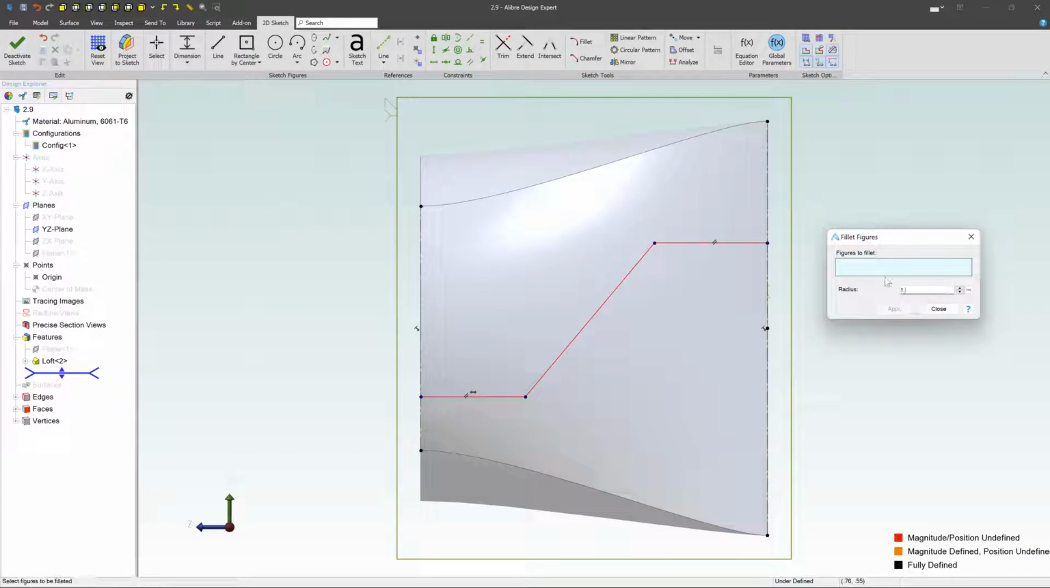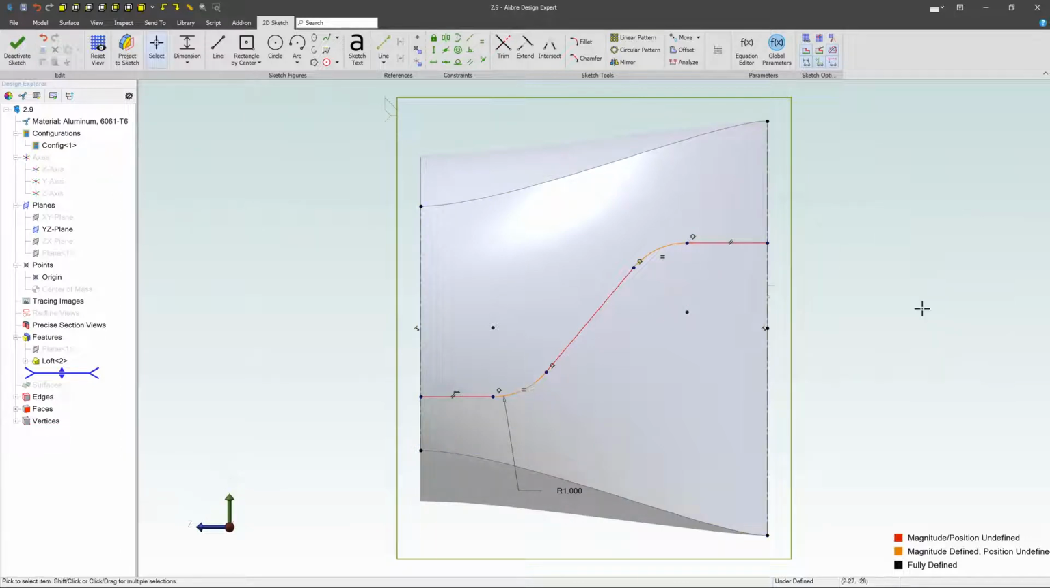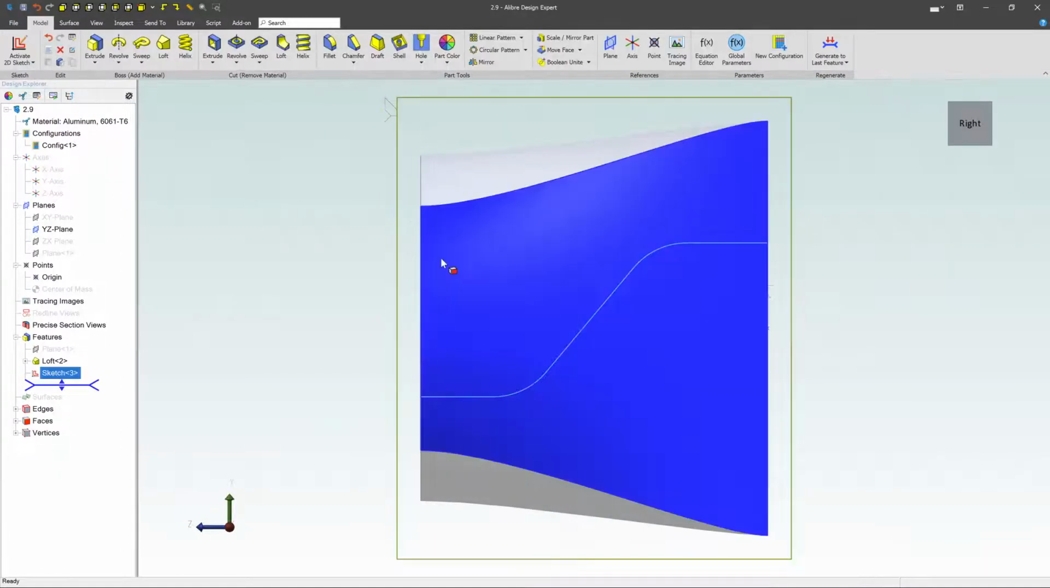So I'm going to type in like a 1-inch fillet, and then I'm going to fillet from this line to this line right here, right? Apply that, and then this line here over to this line right here, and apply that. All right, so I've got a 1-inch fillet between the 2. Everything's looking pretty good. Close out of that, deactivate the sketch, and now what I want to do is